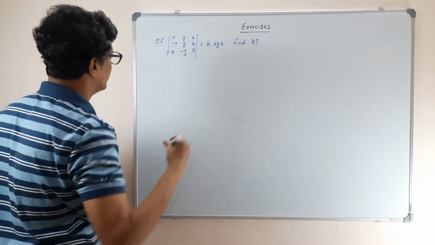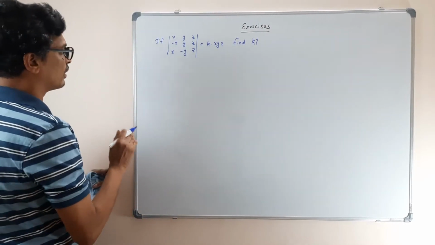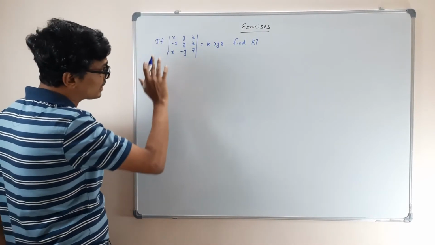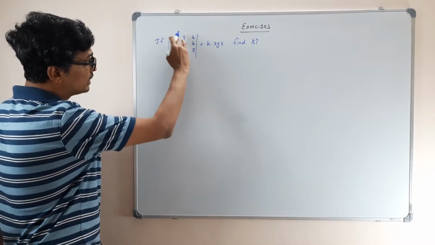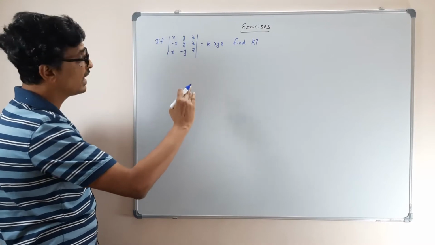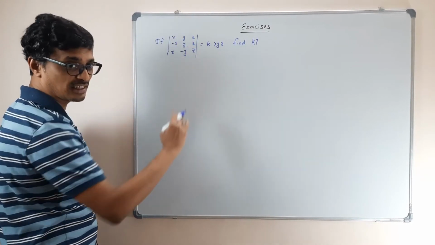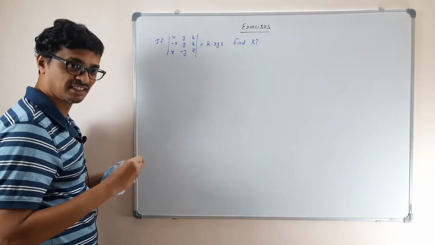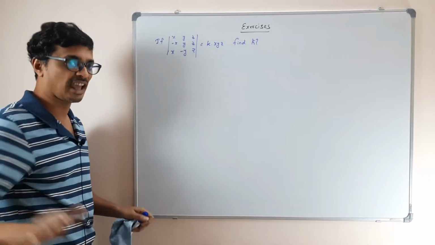Okay, so let us see. There are many ways you can do. Your book has done a different way. You can check it out. But it's very simple. The only thing is to find out which way you can do. What property am I going to use? If I make this determinant an upper triangular matrix, then I know my determinant is the product of the diagonal elements, correct? You remember there's a property for a triangular matrix: the determinant will be the product of the diagonal elements.